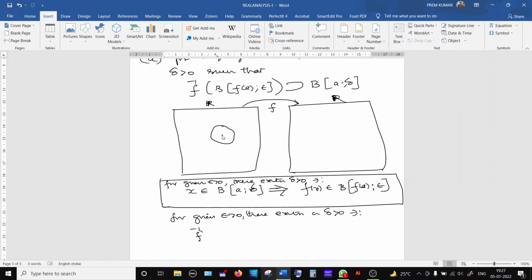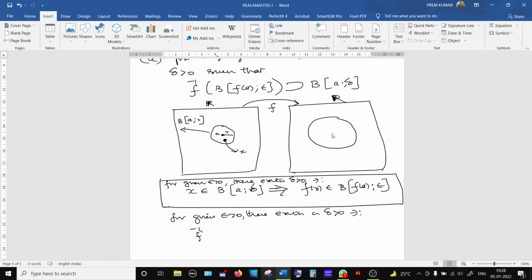Think that this is an open ball whose center is A and radius is R. I say that X belongs to this open ball. X is somewhere here. So what is the meaning? The distance between X and A is less than R. That's why it is inside this open ball. If this X is inside this open ball, I name this open ball as B, center A, radius R. If this happens, then